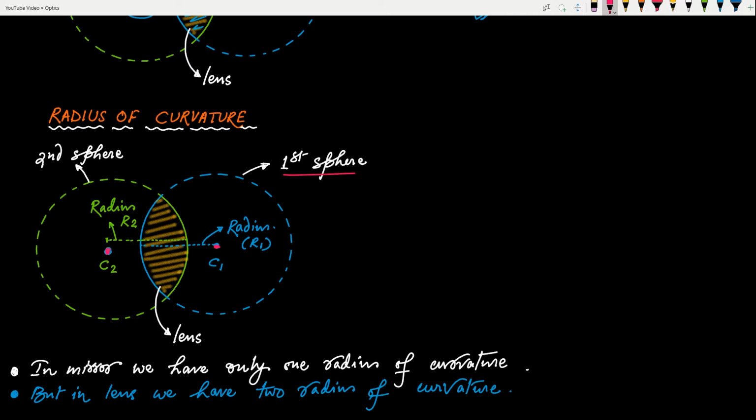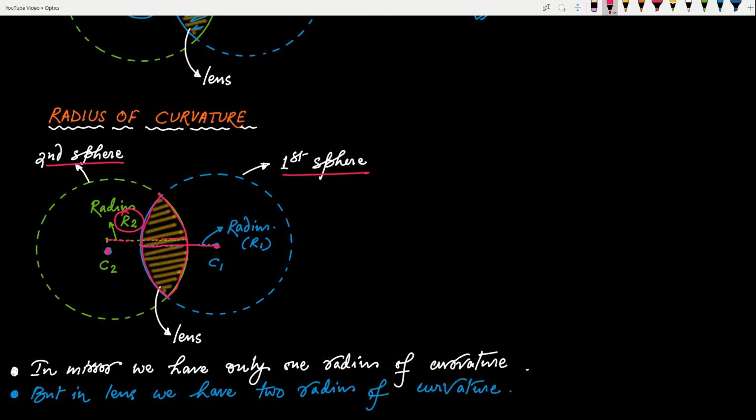So we can see that this is the first sphere, and the radius of the first sphere is the radius of curvature of this surface. And for the second sphere, this is the radius of the sphere. So the radius of curvature for this surface is actually this one, R2, isn't it? Therefore, basically you can say the radius of curvature is actually the radius of the sphere that makes up the